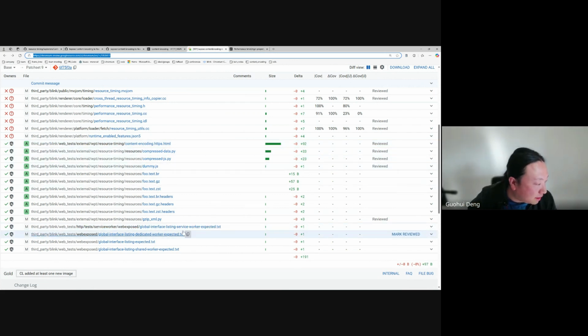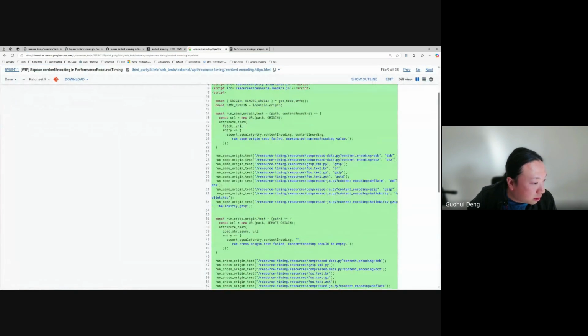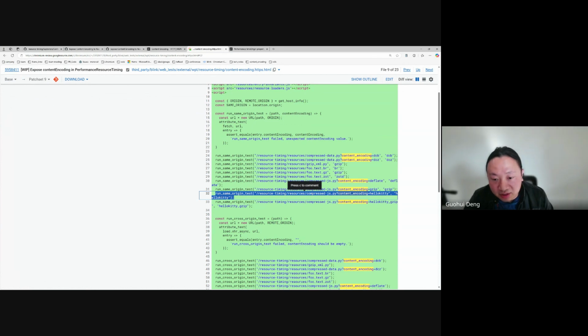I could show you a test here. After this line, you will see this is a test case. My server sent the response content coding as Hello Kitty. Obviously there's no such compression encoding as Hello Kitty, but I still get this Hello Kitty back. It's because of Chromium. What happens right now is if the server sends a known content encoding like gzip, but the content body is wrong,